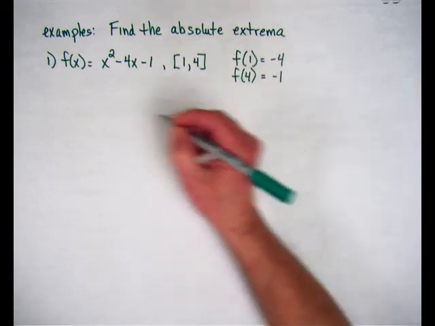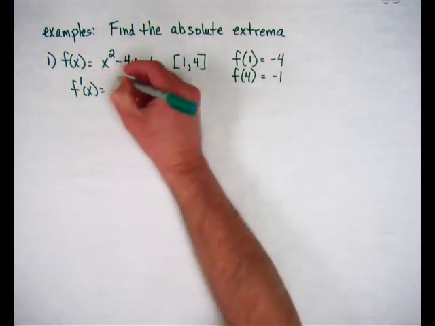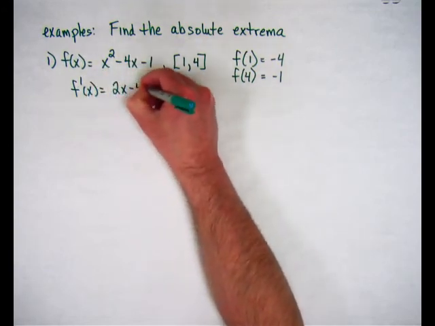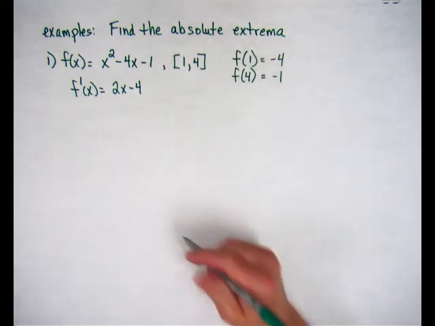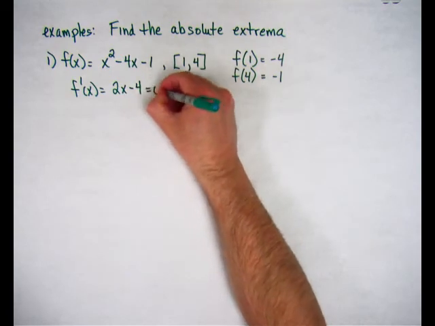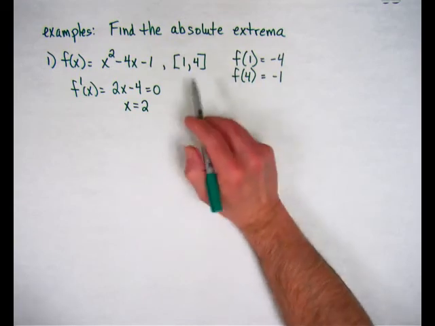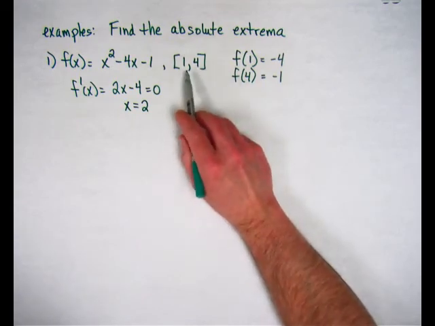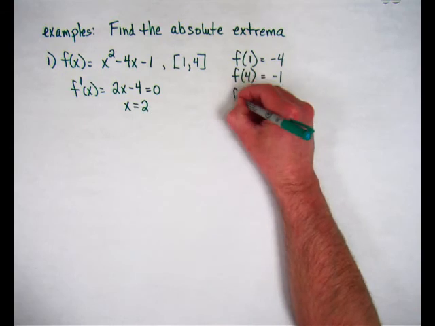Now I would find all my critical values, my critical numbers, so f prime of x equals 2x minus 4. I'm looking for any place where the derivative doesn't exist or is equal to 0. In the case of a polynomial, it's just where it's equal to 0. So I get x equals 2. Now x equals 2 happens to be in my interval. It can often be that this point would not be in your interval, in which case it would be of no interest to you. But it is in our interval, so I take that value 2 and I plug it